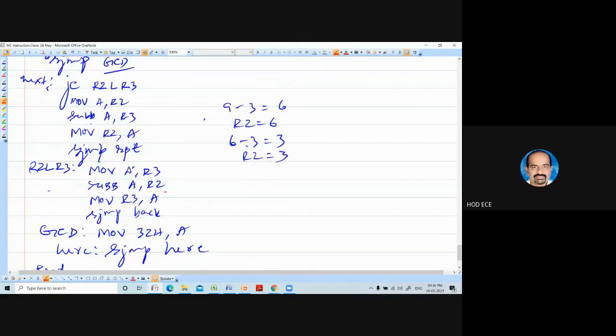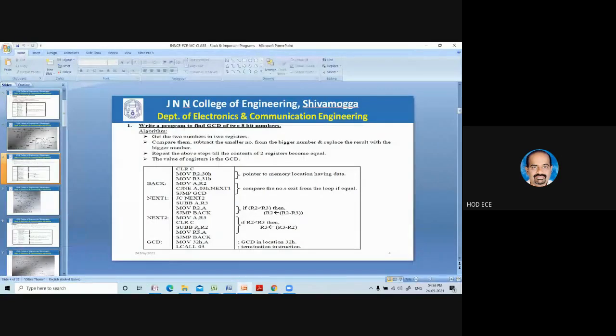So here before subtraction, you should write clear carry. So for the jump carry, whatever subtraction you are doing, what is written at the top will work. For no carry, in the other subtraction loop you are having a clear carry. That's all. So everywhere you should not forget writing the clear carry as you are doing subtract with borrow. That is very important.